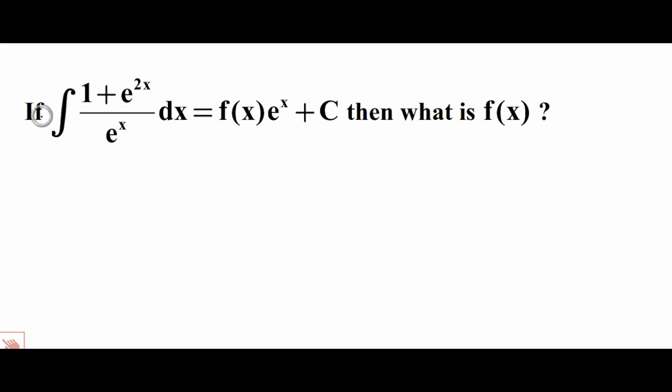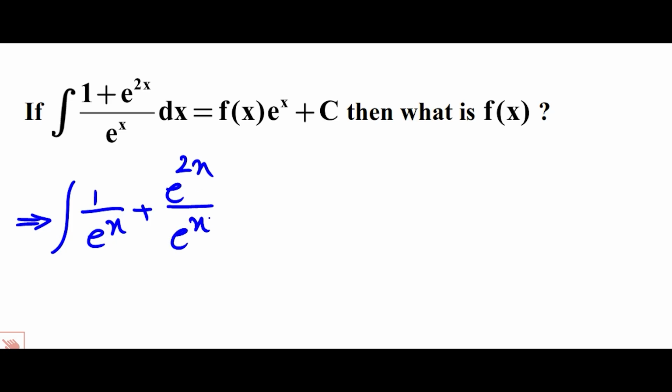Let's dive in. Number 1, if the integral of (1 plus e to the 2x) over e to the x dx equals f of x e to the x plus c, then what is f of x? First, simplify the integrand, means split the fraction. So we have the integral of 1 over e to the x plus e to the 2x over e to the x